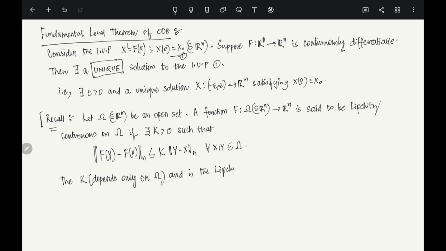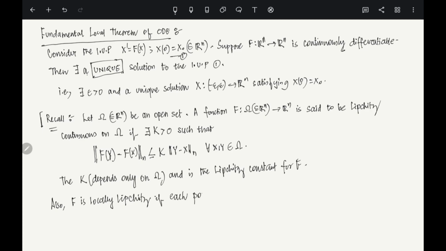So Lipschitz constant for f, for capital F. Okay, and you can also recall that we say also f is locally Lipschitz okay, if